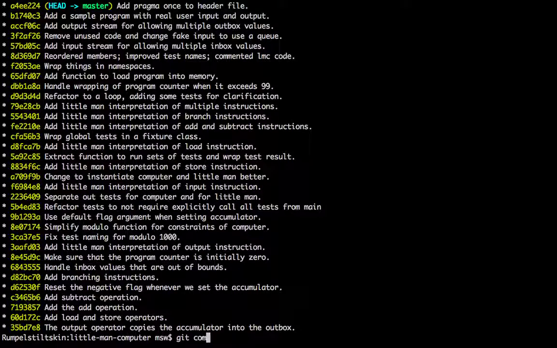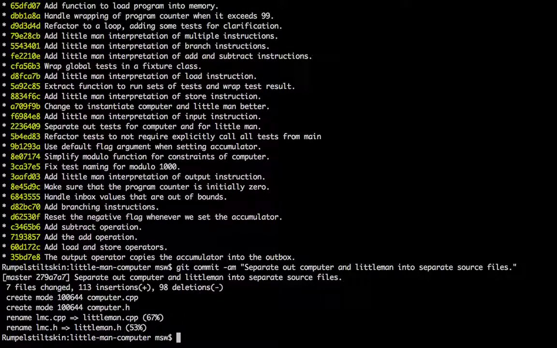Yeah, okay, so we'll commit that, separate out computer and little man into separate source files. I think that's fine. As a description, separate out computer and little man into separate source files. Yeah, that looks good,